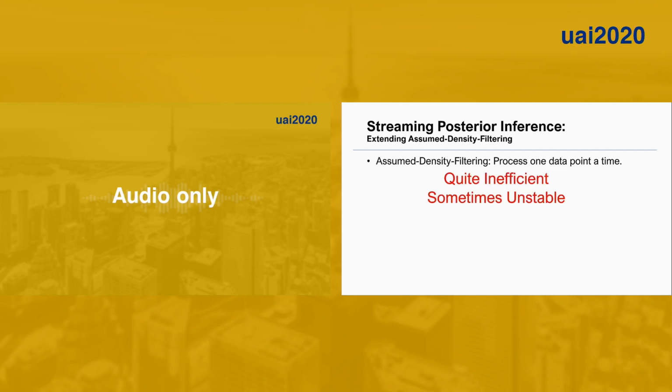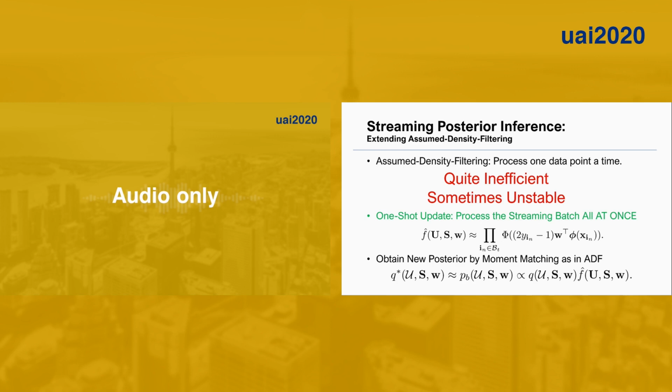The shortcoming of standard ADF is that it could only process one data point at a time, which is quite inefficient, and it is sometimes unstable due to the existence of outlier data points. Thus, we propose a one-shot update scheme that uses a single factor to approximate the product of the likelihoods of all data points in one streaming batch. Once we obtain this combining factor, the new posterior could be easily obtained by moment matching as in standard ADF.